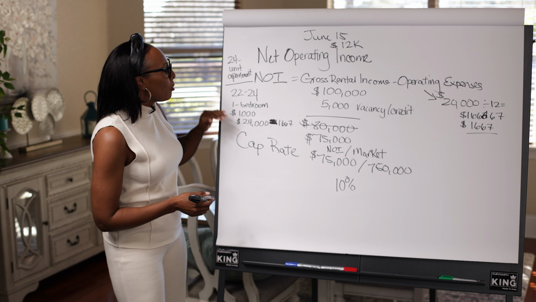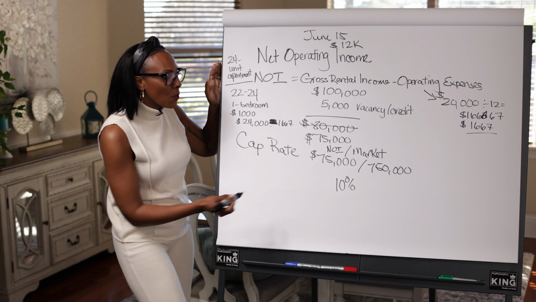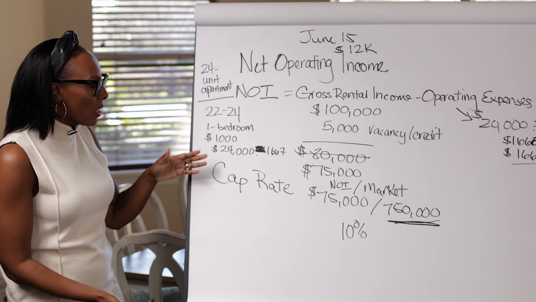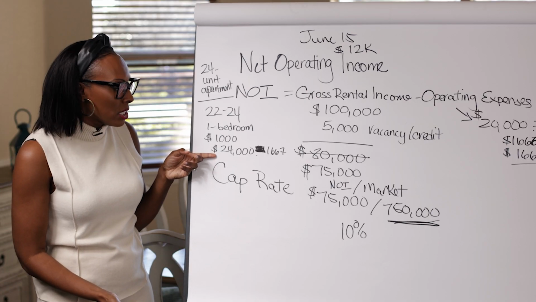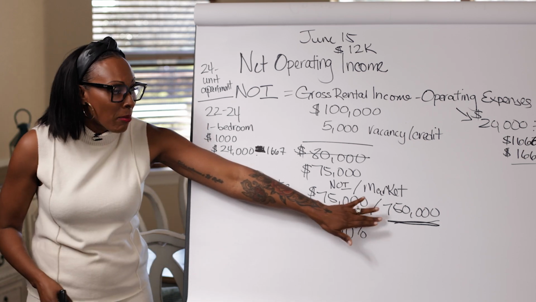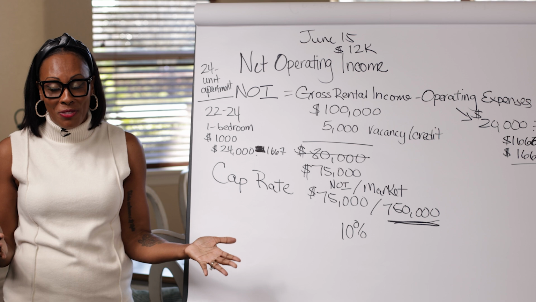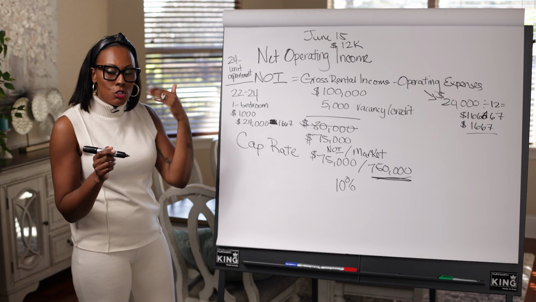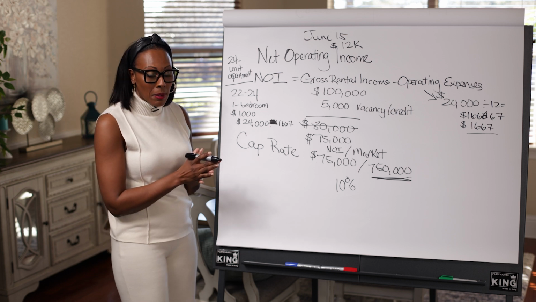So let's say in this example, you were going to buy this 24-unit property and we said it was priced at $750,000, and we use the example that it's making $24,000 per month. So in this case, it's actually making a lot more, and it probably would be priced much higher than $750,000. But again, this is just an example. But there's two other factors that you have to take into account.